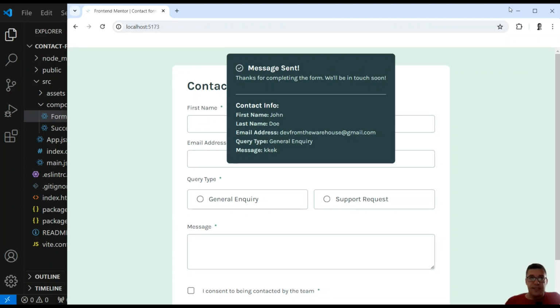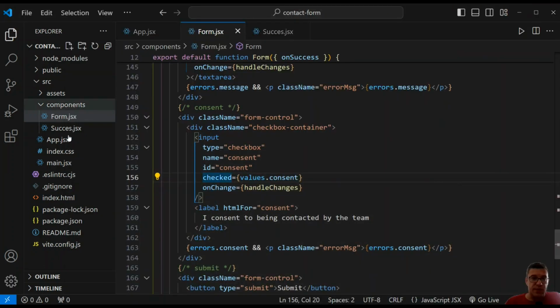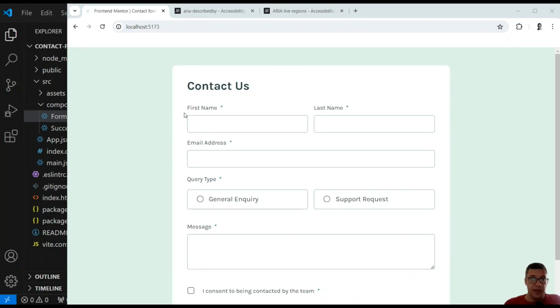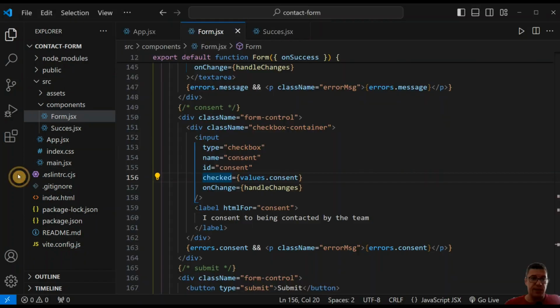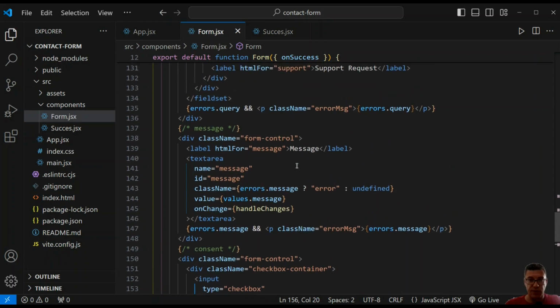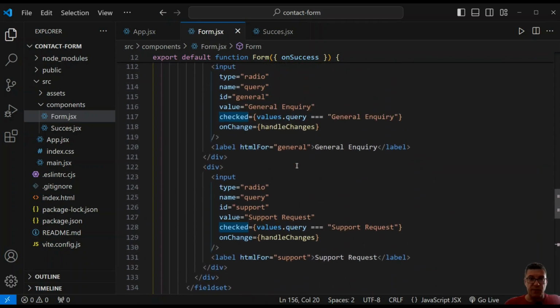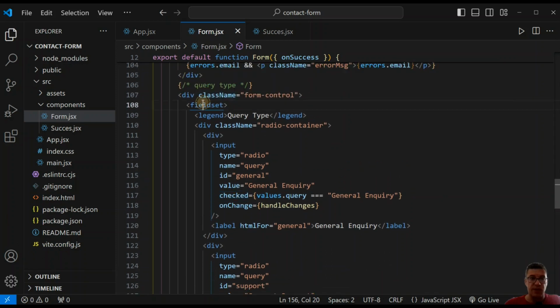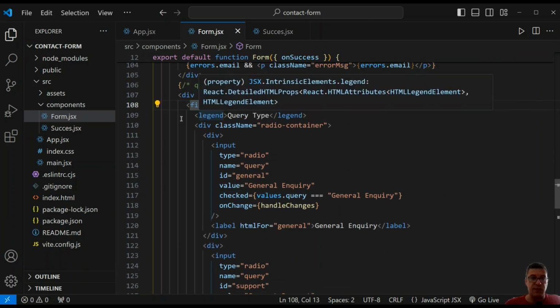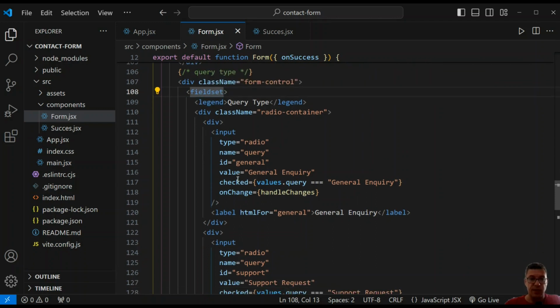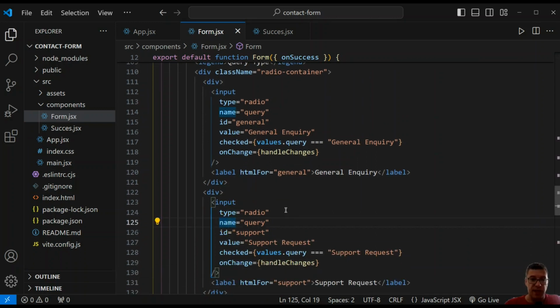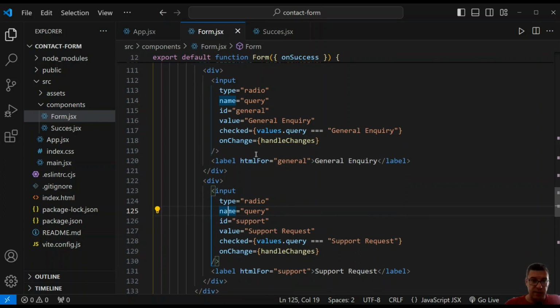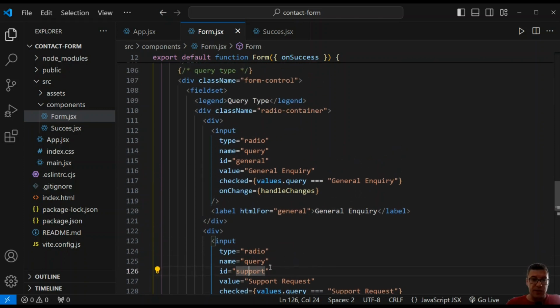Okay, amazing. Time to work a little bit on accessibility. Okay, I already did all that's needed to have good accessibility of my form. I have my form elements set correctly, and here I have my fieldset and legend element for my radio buttons, and all of my fields have name and ID and labels that follow the exact ID. That's good, but we can improve that